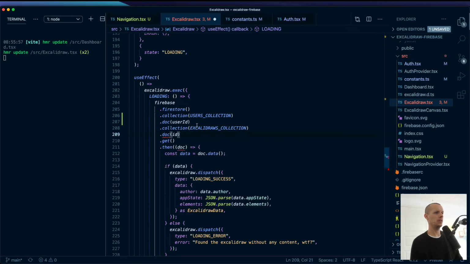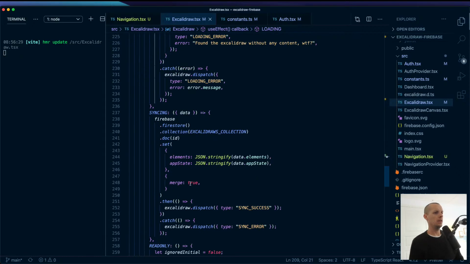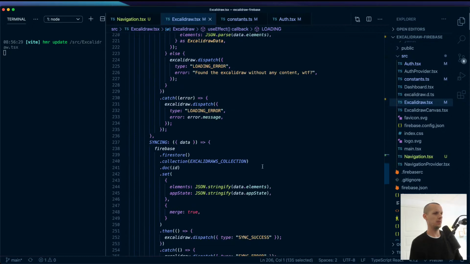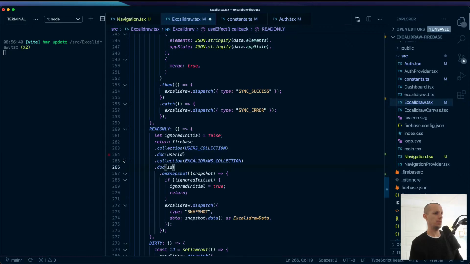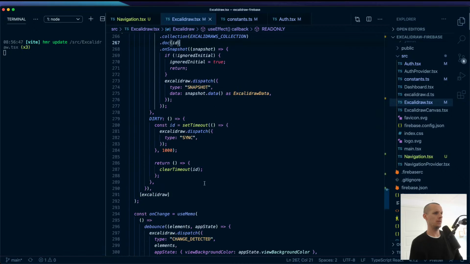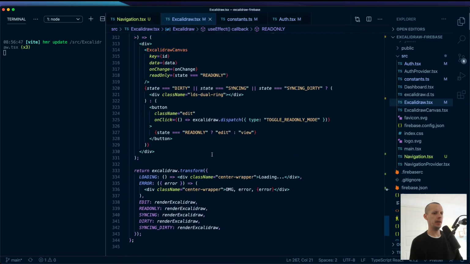Oh, cool. All right, that's good. Yeah, we need to do the same here. Like that. We also need to do the same here. Oops, what did I do? Yeah, and there's not going to be a read-only mode anymore, so we can remove that. But let's see. Okay, now we have this stuff,